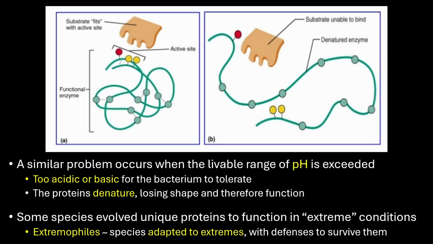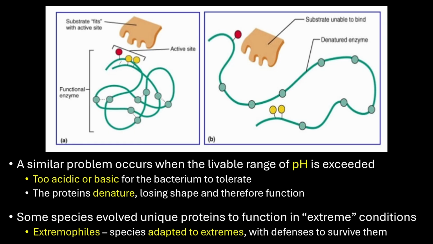In the case of proteins and pH, moving in either direction will be detrimental to them. Not just becoming too acidic or too alkaline, but either one can result in denaturation. Now, some species have evolved to survive in some of these conditions that we would consider extreme. Like, for example, really high temperatures, if you think about the thermophiles and hyperthermophiles. And then we have also species that can survive in super acidic or alkaline conditions too. Those are the acidophiles or alkalophiles.